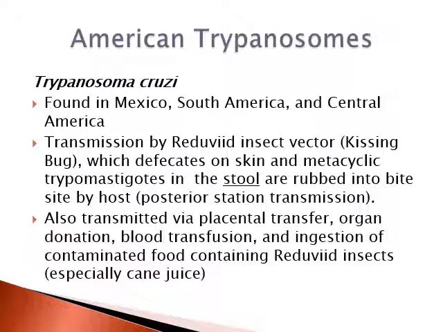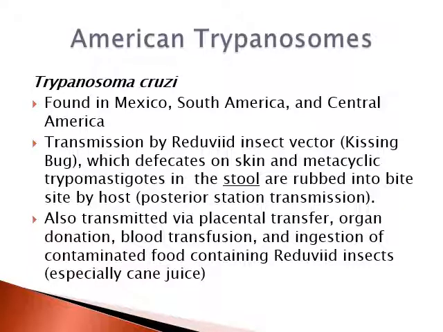Now we come to American trypanosomes, or Trypanosoma cruzi. Trypanosoma cruzi is found in Mexico, South America, and Central America. Transmission is by the reduviid insect vector, or kissing bug, or cone-nosed bug as they call it, which defecates on the skin. The metacyclic trypomastigotes in their stool are rubbed into the bite wound when the host